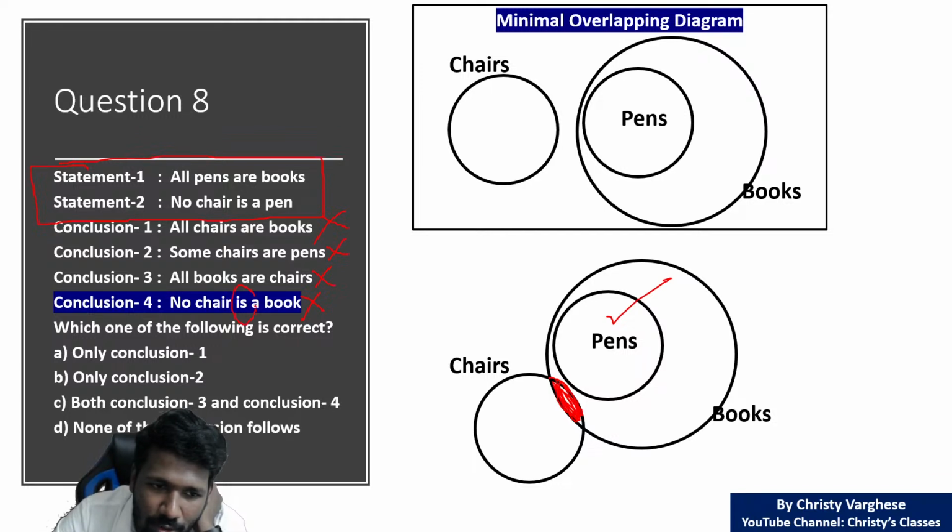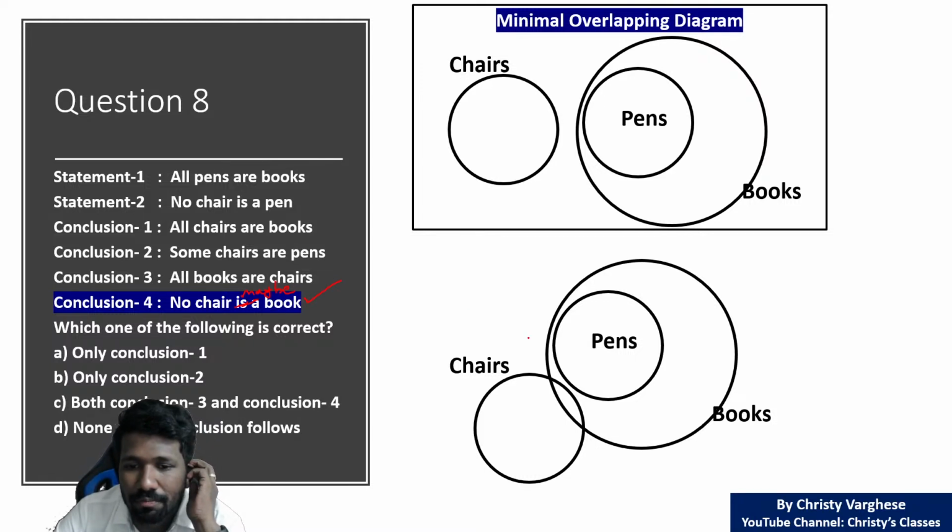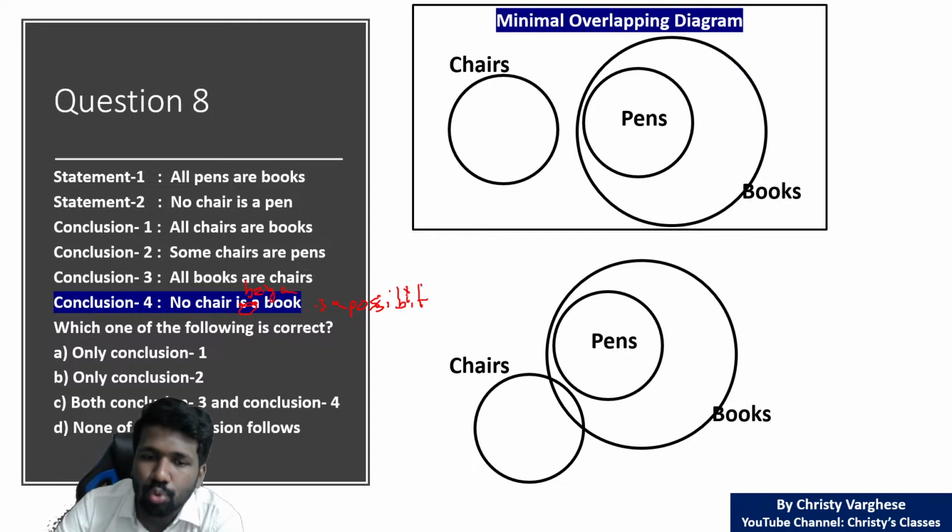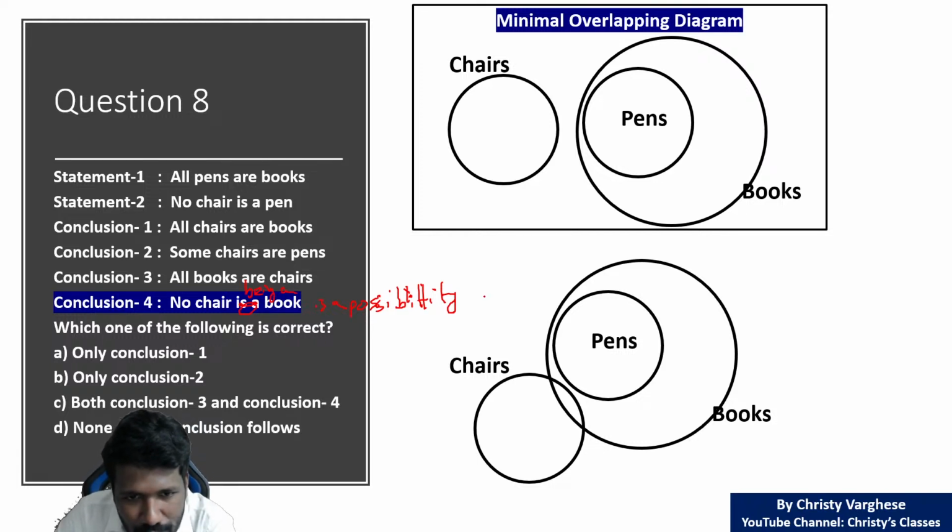Because the copula is. If the word was maybe, I will tell you 2-3 variations of it. No chair may be a book. Then that is a correct conclusion. Because maybe means is there a chance? Or more grammatically correct statement is no chair being a book. No chair being a book is a possibility. Possibility means in at least one case is it true. In at least one case is it true. Are you getting the point? In that case also conclusion 4 is correct with respect to this statement.